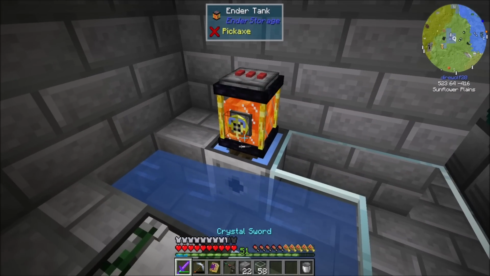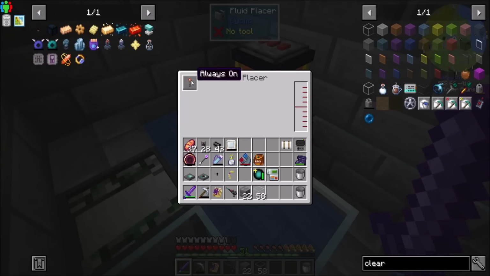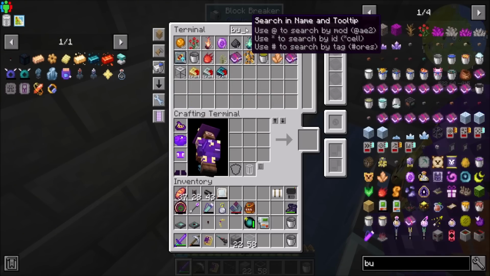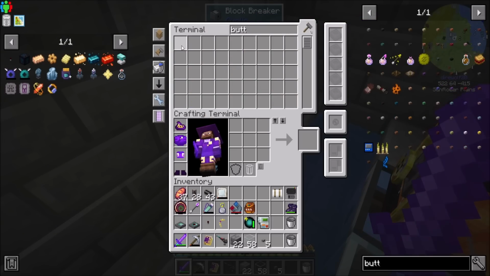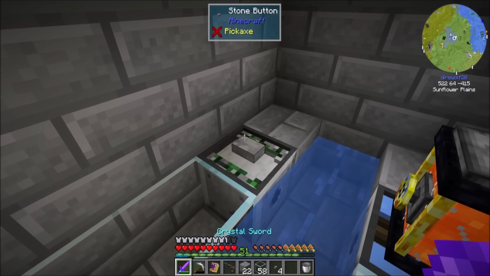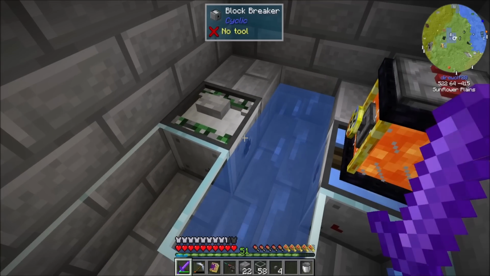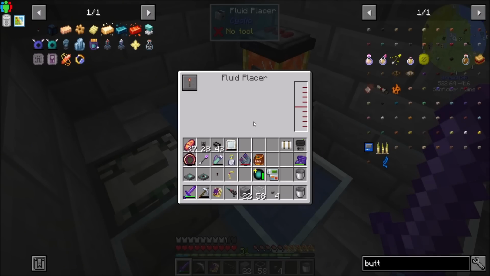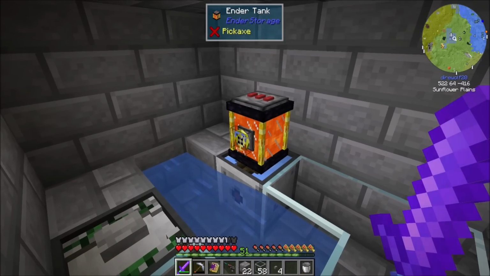If I have my ender tank here, and I set you to always on, and I set you to requires redstone. For now, it's going to be a button press. See how annoying that is? We don't want that to happen all the time. Yeah, no, definitely not. So if I got this and did that,